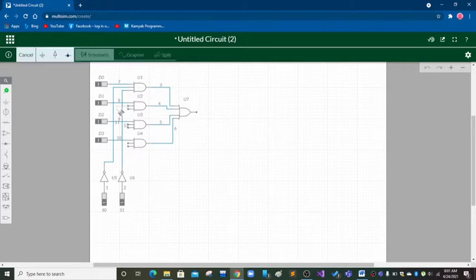And here the second input of U2 is going to connect with the inverter. That is, when the S0 is 1, we get 0 at the input, and the last input is going to connect here. That when the S1 is 1, we get S1 at the input, no change.